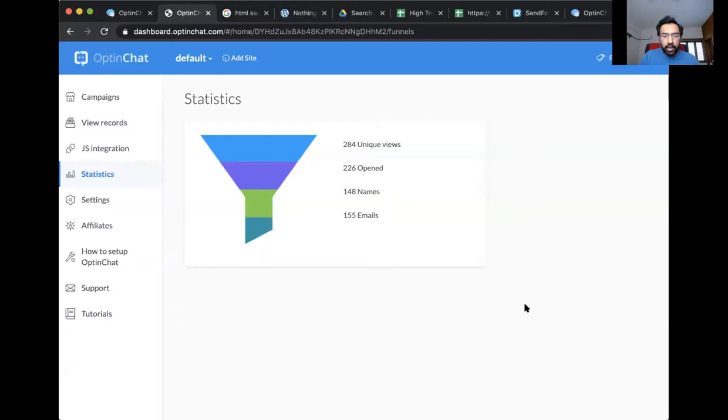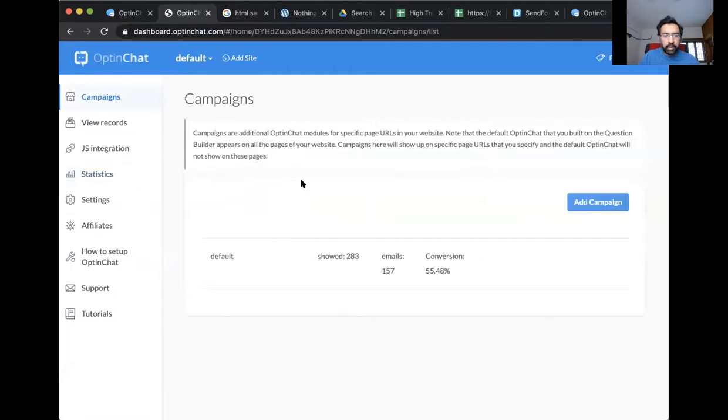Isn't this tool amazing? So now I will show you how we can customize this. Here it shows the conversion ratio also. No, I won't spam you guys. Don't worry about it. And these email IDs I have collected, I'm not going to add them anywhere.